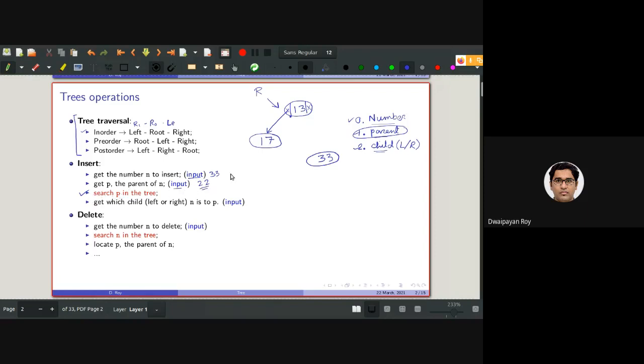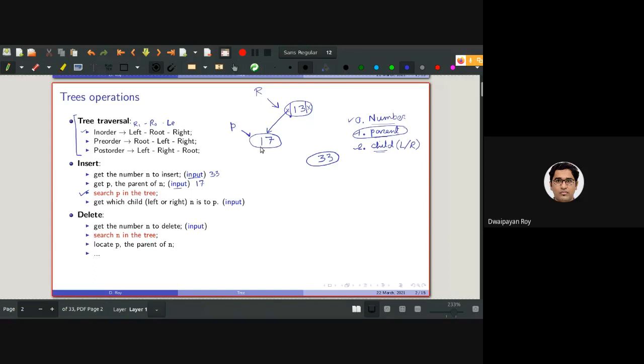So for example, I want to add this as the right child of 17. So I'll be searching for p, that is, I'll be searching for 17. And then I need to take another input.